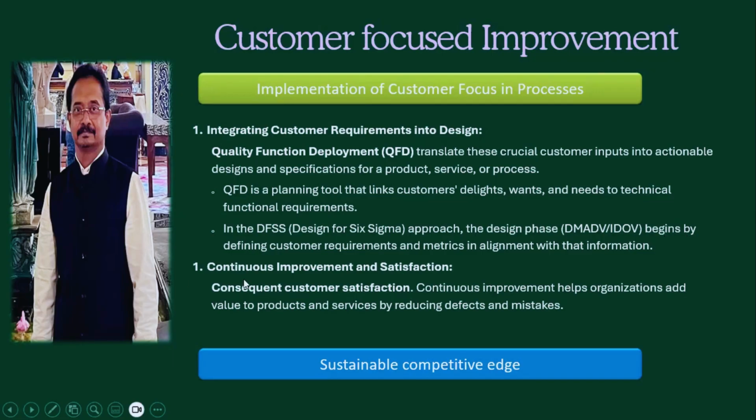And the next one is continuous improvement and satisfaction. Lean Six Sigma focuses on this. Say I'm giving some product or service to the client. After some time, the client is not going to be satisfied unless I give continuous improvement on it. Today my customer requirement says my DSO should be less than 35 days. After 6 months, they may come back and say you are still at 35, when are you going to reach 30? The customer expectation is going to evolve. Based on that, your process needs continuous improvement.